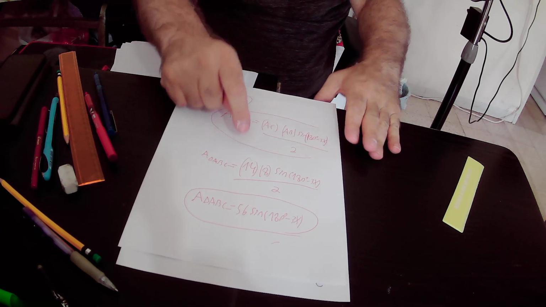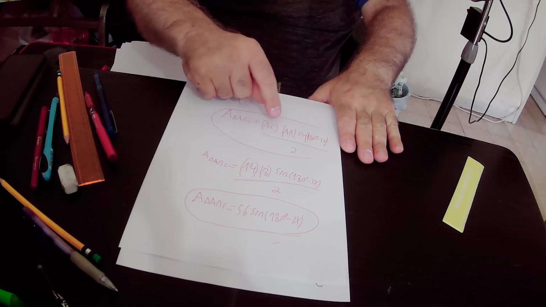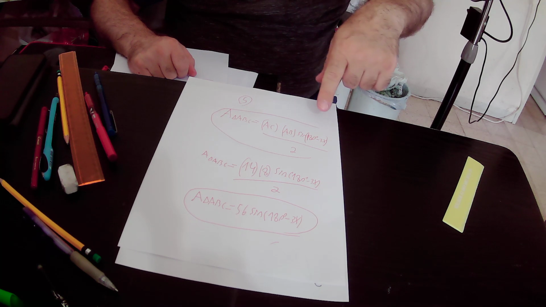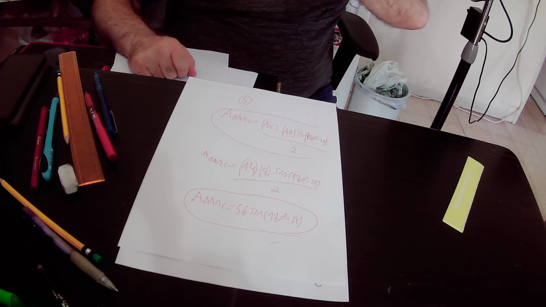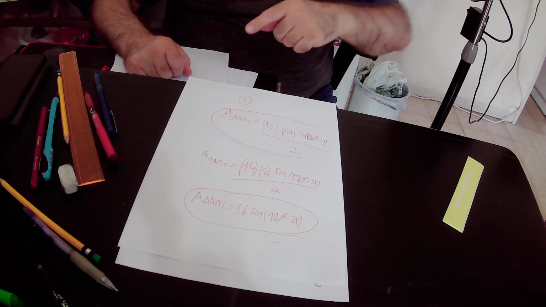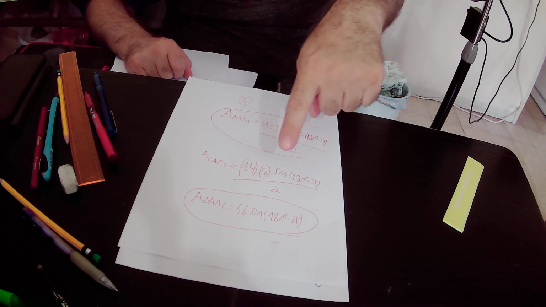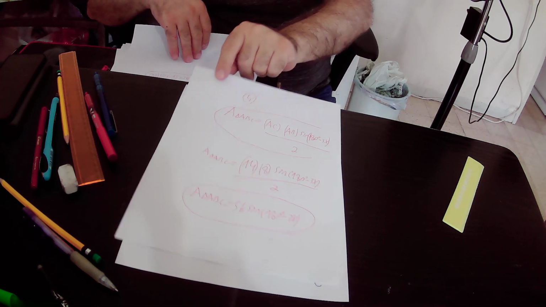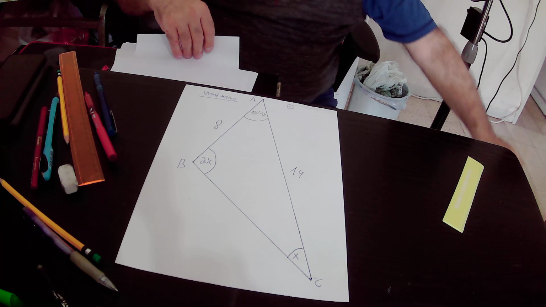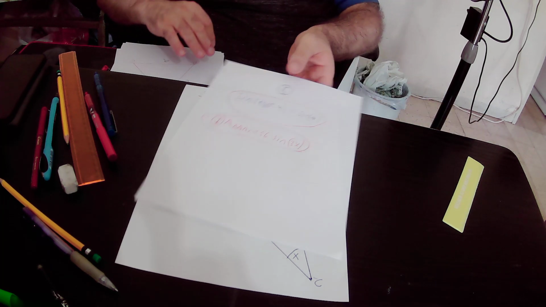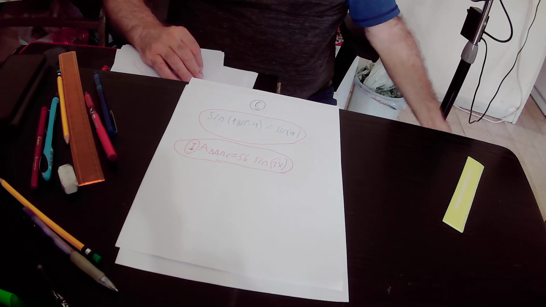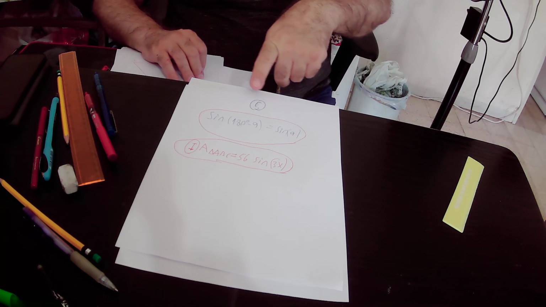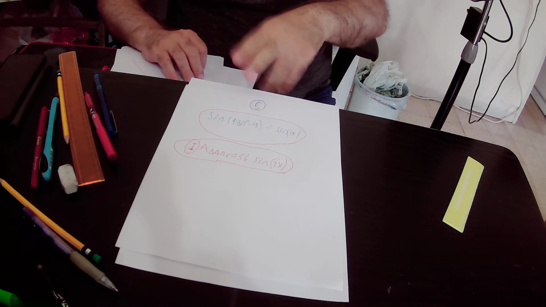And we know that AC equals 14 units, AB equals 8 units, and times the sine of the angle between those two sides. And so we found that the area of triangle ABC equals 56 times sine of 180 degrees minus 3x. And we have an identity that states that sine of 180 degrees minus alpha equals sine alpha. So according to this identity,